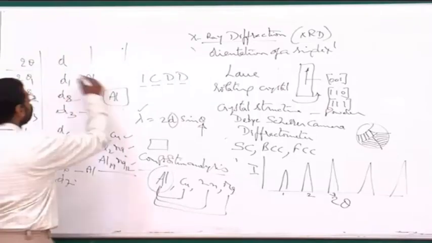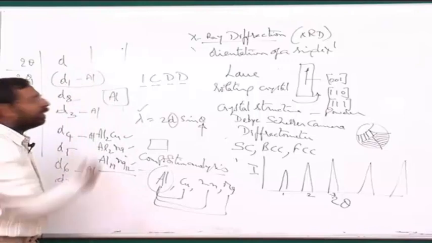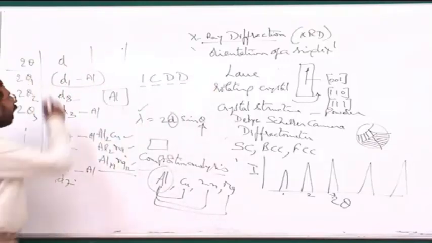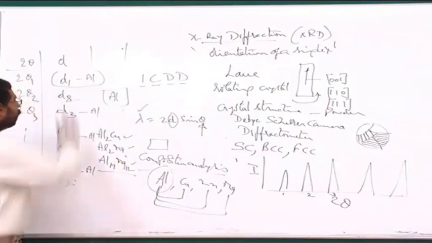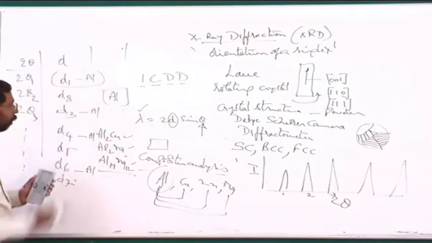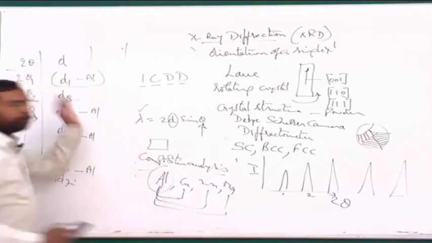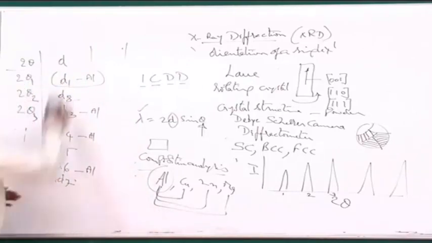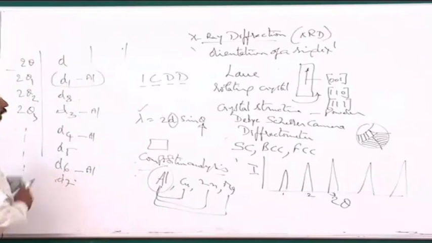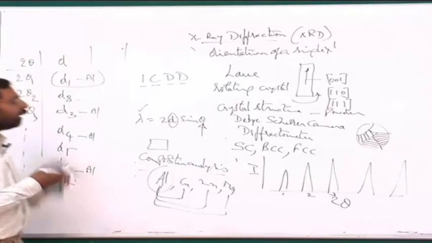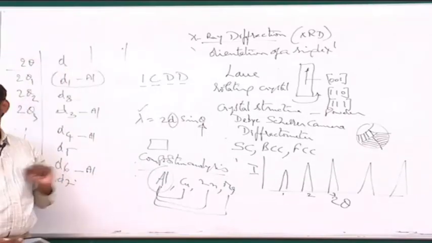Once you have a particular D spacing D1, it will say that these are all the possible matches with this D1. Once I look at that and I find out in my pattern, first of all, the most important thing that I should do whenever I am searching for a particular phase in my XRD pattern is, out of all these peaks, find out which is the peak which has the highest intensity.